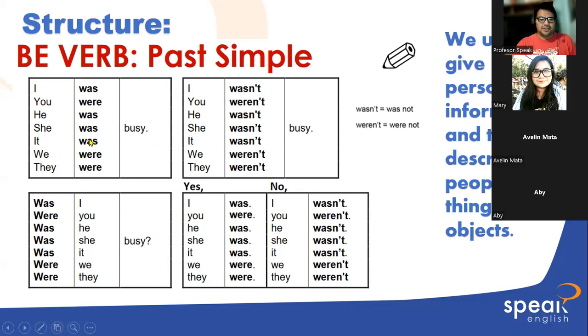Very well. And so we have a chart here that we can use, was and were. If it's affirmative, okay, we use the chart here that we have on the left. If it's a negative word, then in that case, we use the chart on the right. And then, of course, if we have questions, maybe you have a question like in this chart, and then we have the answers, the short answers, if it's a yes or if it's a no, okay? Let's take a look at the first chart here.